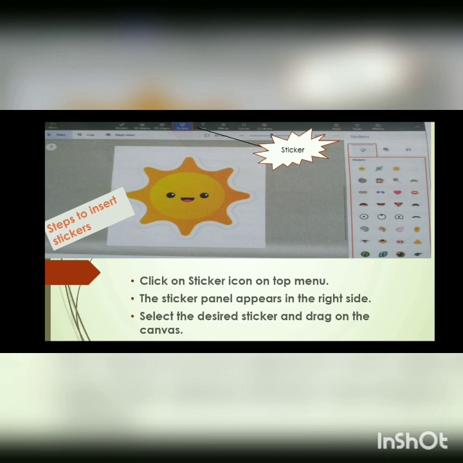For the add sticker option, you have to use the internet. So you have to use the first option, sticker. It will give you the list of all the available stickers. You can select any one of them and drag it onto the canvas, and it will be inserted to your screen.